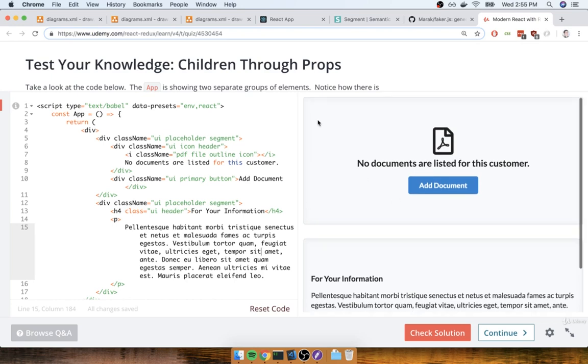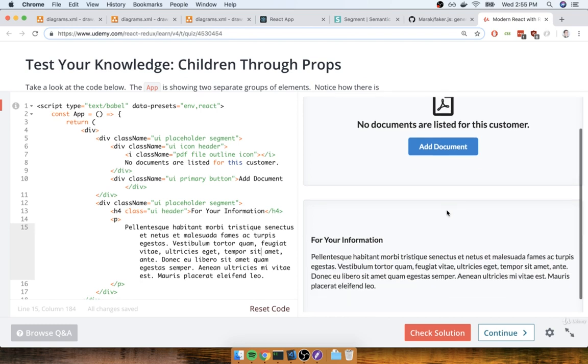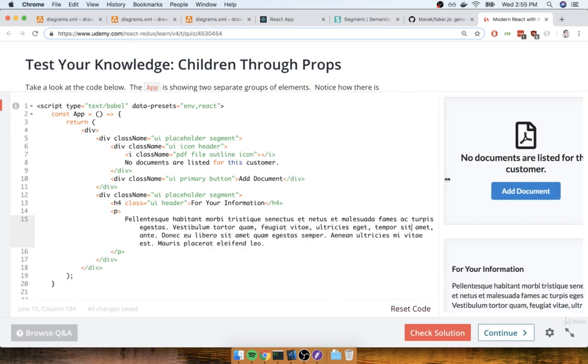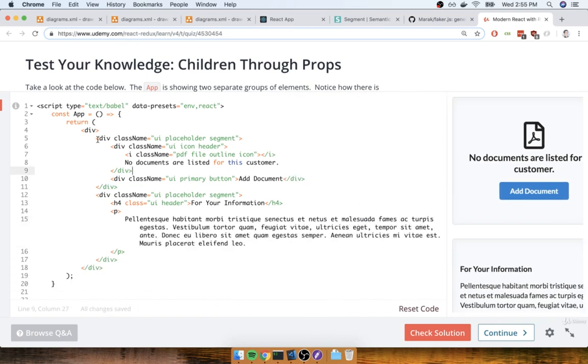The overall outline, like this kind of border, the rounded edges, the gray stuff as the background, are identical between the two segments, but the child, or essentially the content of either segment, is significantly different. So what you want to do is take a look at this JSX and figure out some way that we could extract just the segment portion, or just the thing that's giving us that styling, into a separate component.